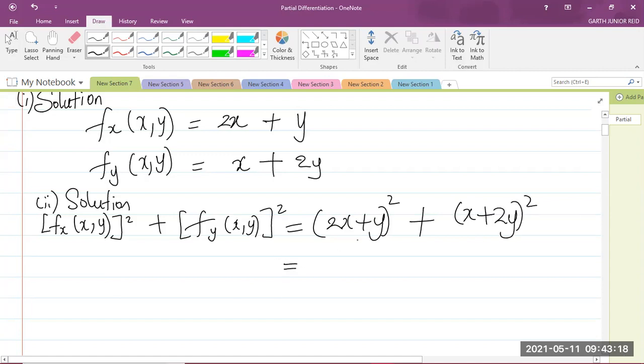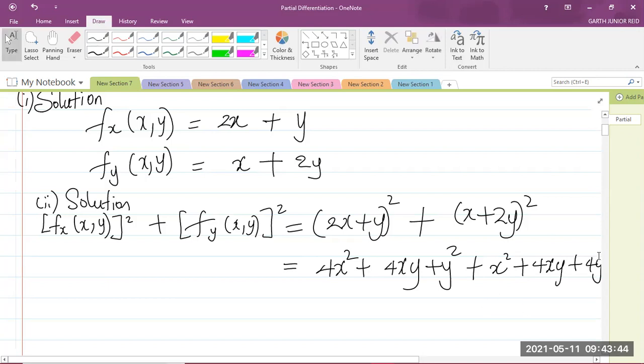Let us expand the brackets. If you expand, you should get 4x squared plus 4xy plus y squared. Plus, if you expand (x plus 2y) squared, you will get x squared plus 4xy plus